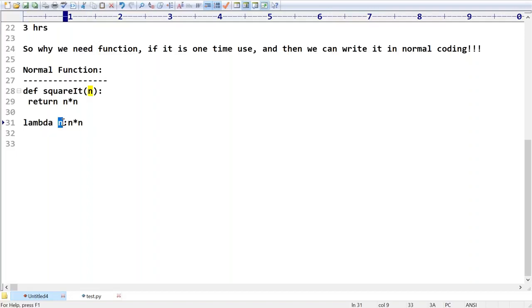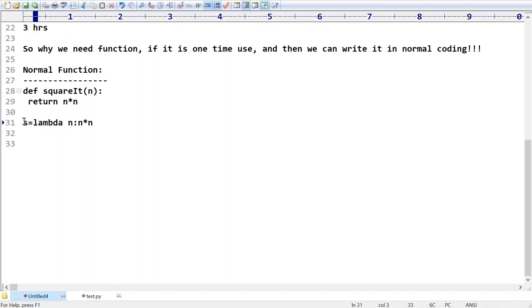If you provide n, then it is going to return n into n. Where is the name? No name, man. No name. That's all. Sir, if you want to call this one, how can you do it? Then I can assign some name. No problem at all.